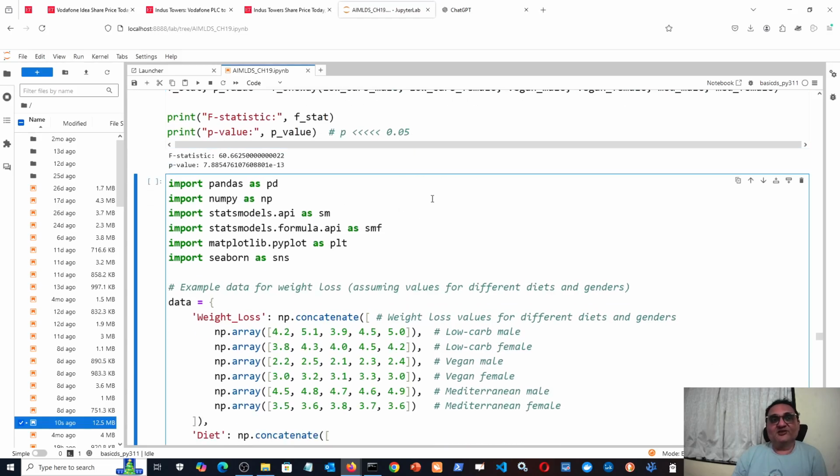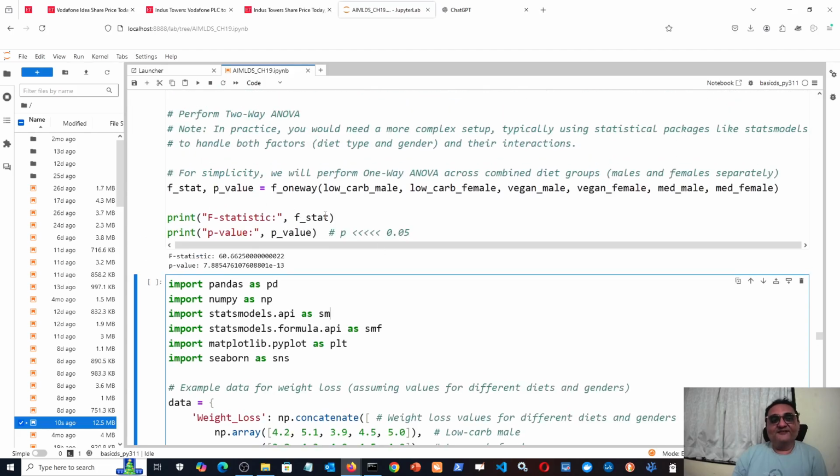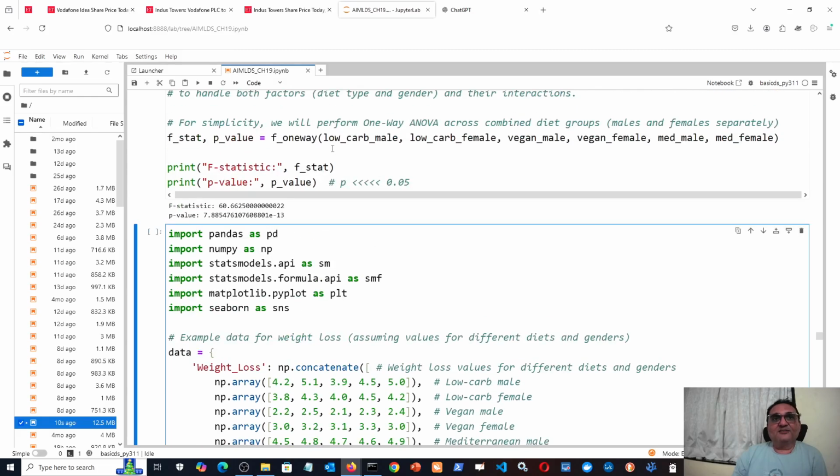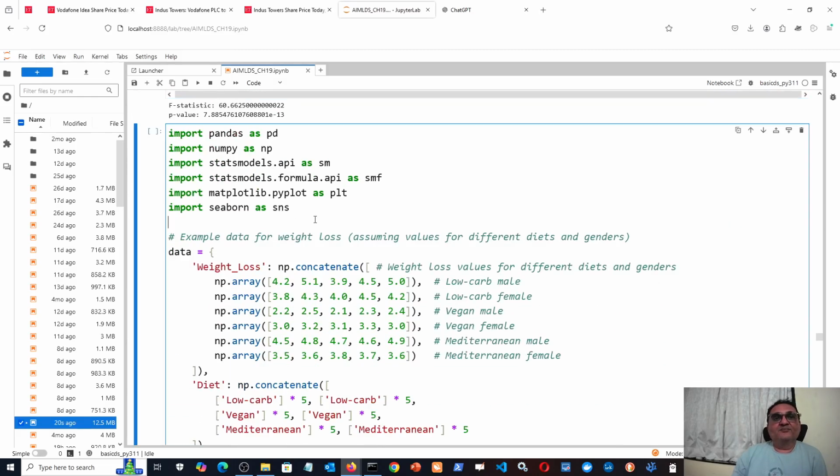So that also it does not show. Now suppose someone insists that I want to do it purely, without such approximation or hack. I want to study the same thing: I want to take several different observations and put them in 3 groups who will be subjected to a vegan diet, low carb diet, and Mediterranean diet, and in each group there will be both males and females, and I want to clearly study the effect of both independent variables on my dependent variable,